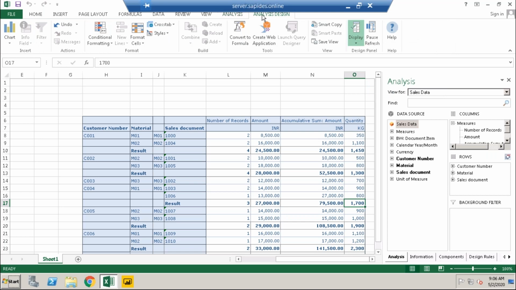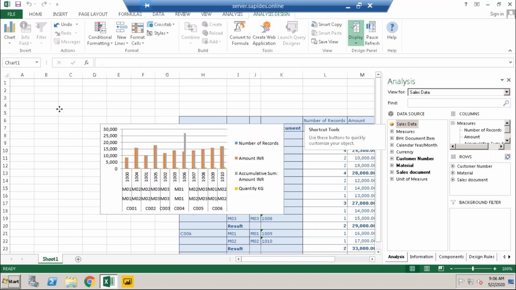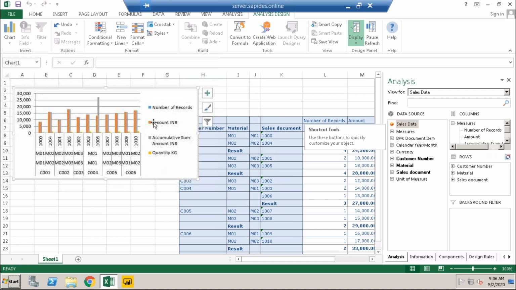Here we go for Analysis Designer, where we can insert multiple different charts. So if I want to insert a chart here, I can insert a chart. For customer ID, I want to insert a chart. It will take the default values.